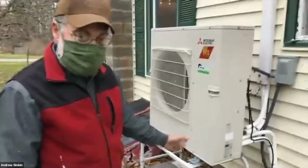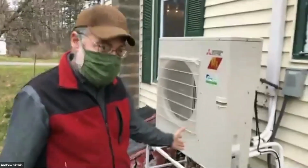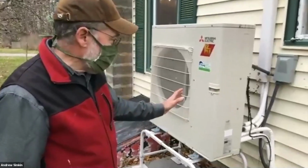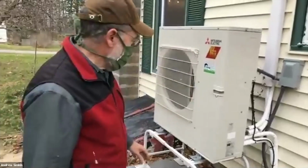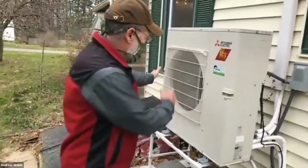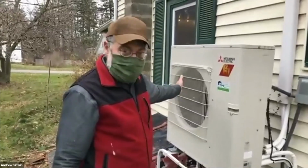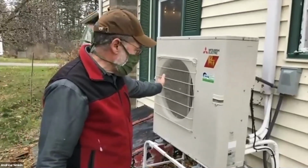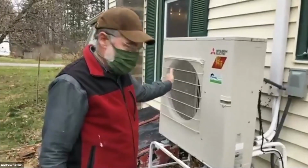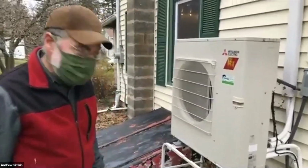The heat from this air, which is probably maybe 50 degrees out right now, that heat is being extracted and pumped into the house. And what we're getting blown out here is maybe, I don't know, 45 degrees or 40 degrees. You can tell it's a good bit cooler than the air that hasn't gone through this. But it still